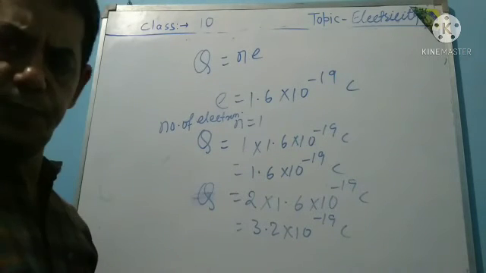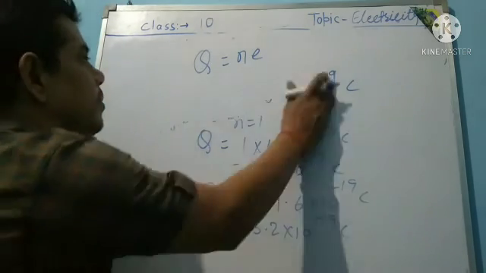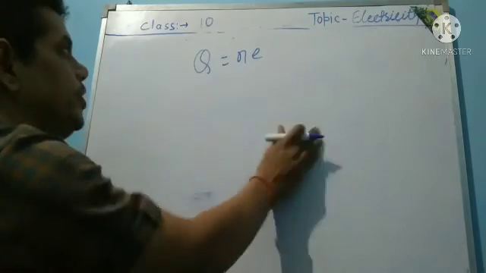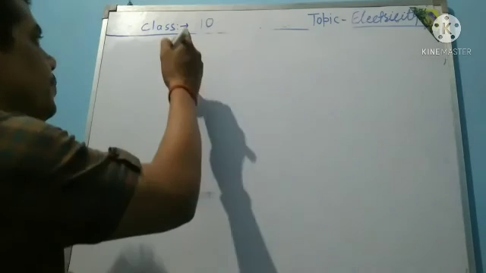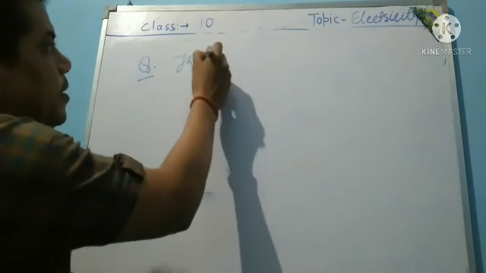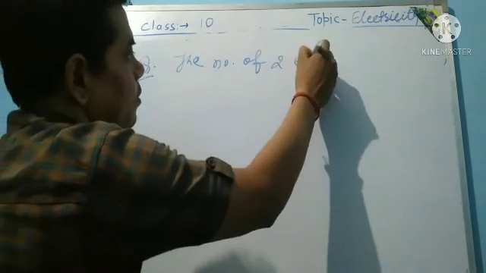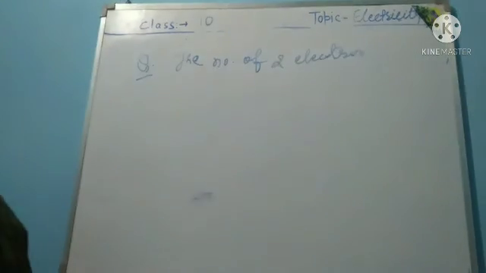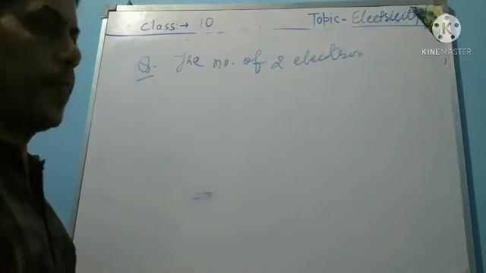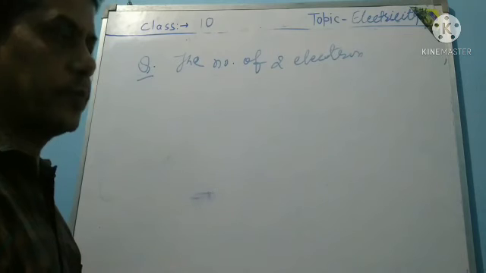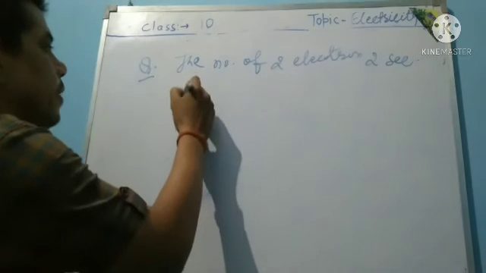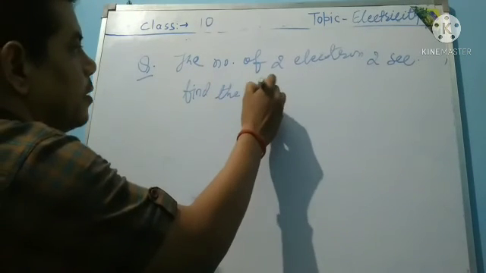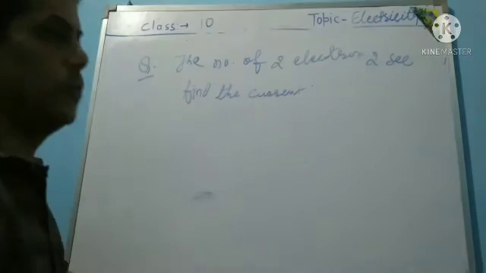Now, if a question is given with the number of electrons, say 2 electrons in an object for 2 seconds, find the current. So the solution is: